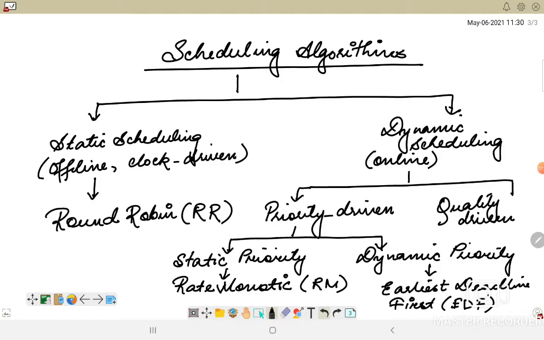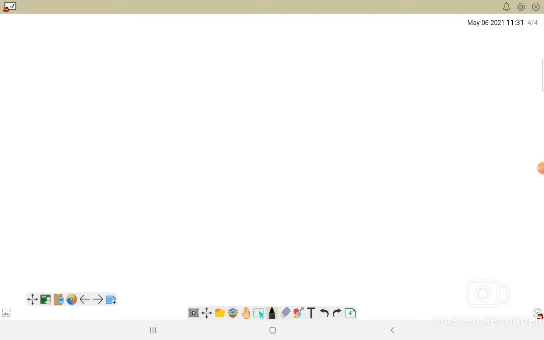Now these scheduling algorithms are executed based on some very traditional scheduling concepts which we have already done before in our operating system scheduling concepts. So now let us talk about each of them in brief. So the first one is your offline scheduling